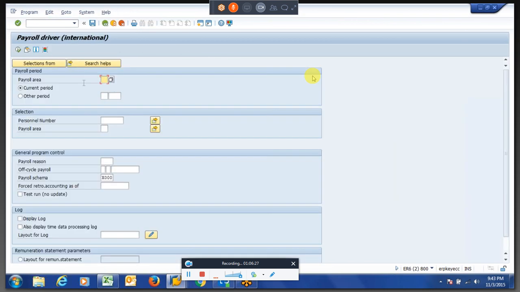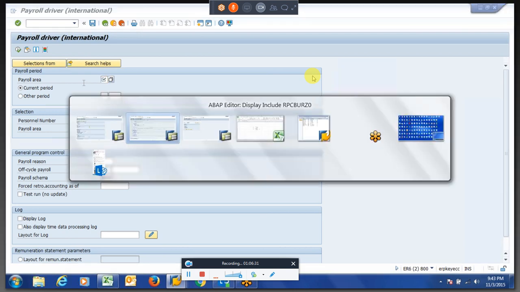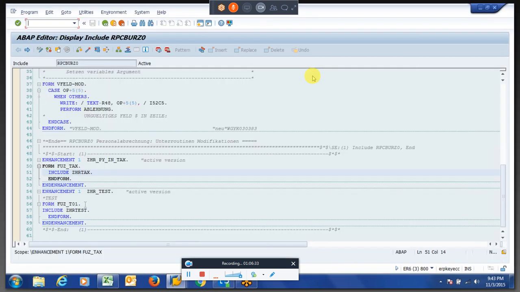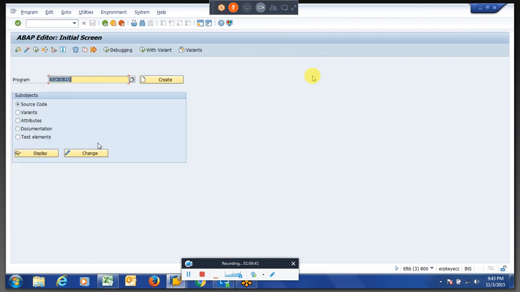See, the error was gone because the form we have created is already inserted here, right, in the international payroll driver.